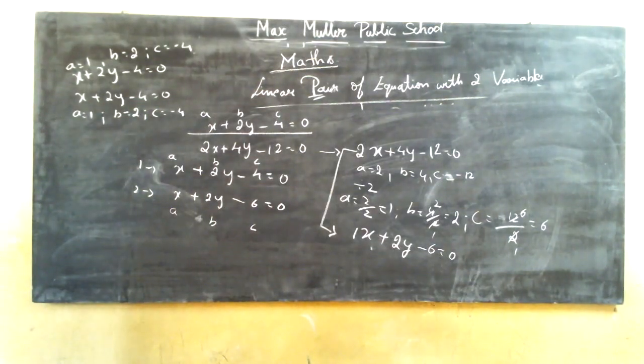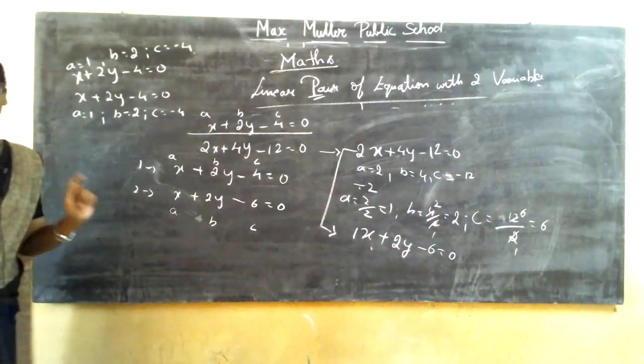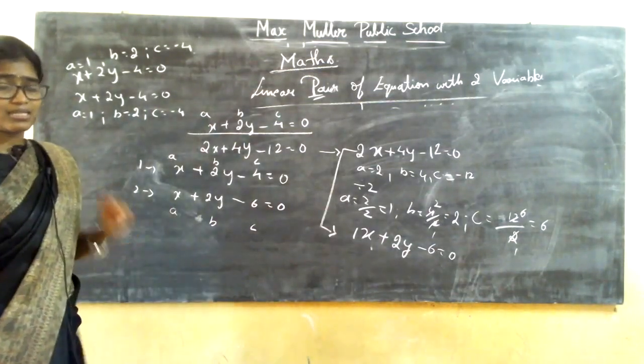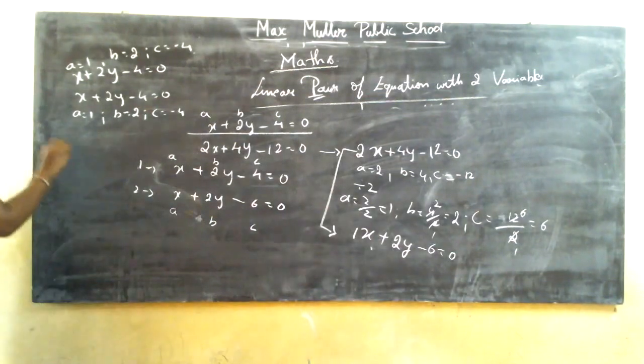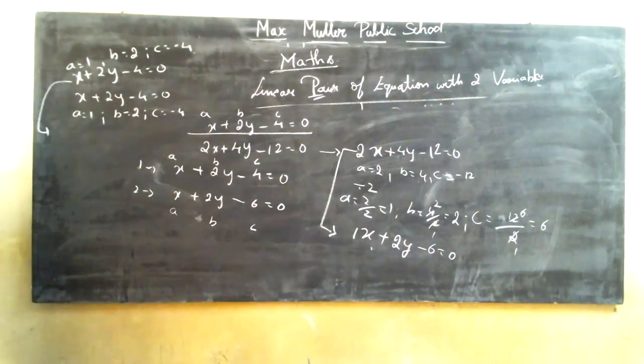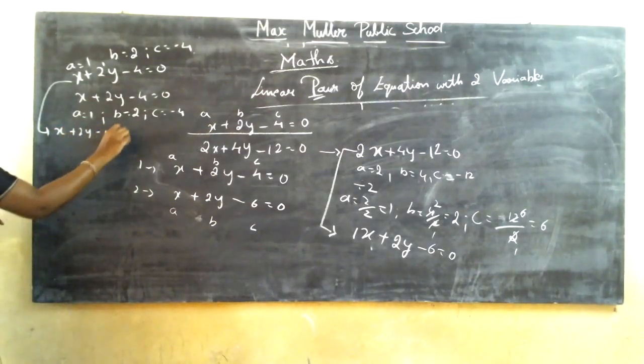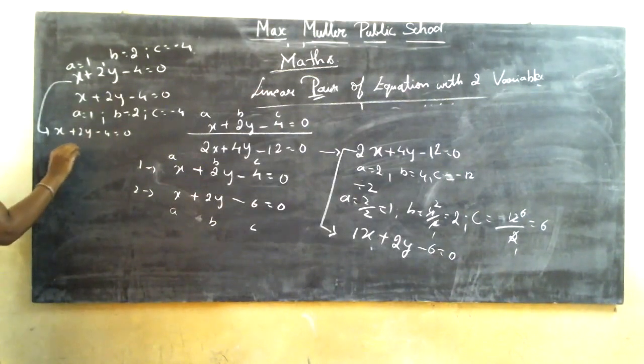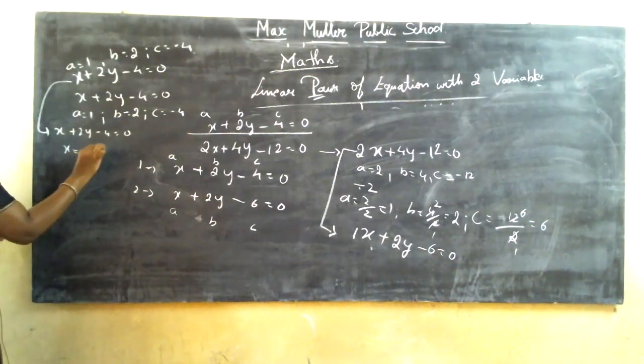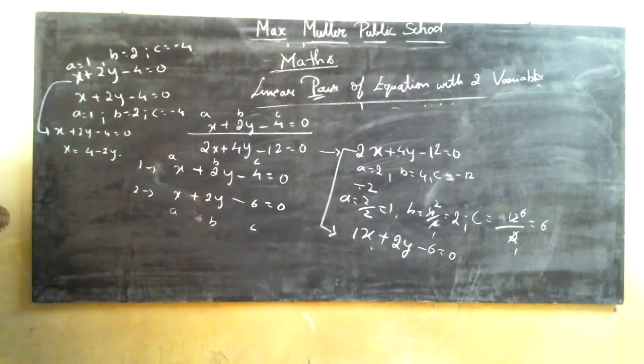You are going to see whether they get the same numerical curve, that is, whether the x and y values are going to be the same or not. At that time, take one equation, since it is representing the same, that is x plus 2y minus 4 equal to 0. Then you are going to find out the x term. So plus 4 minus 2y will be the equation you get if x is 0.